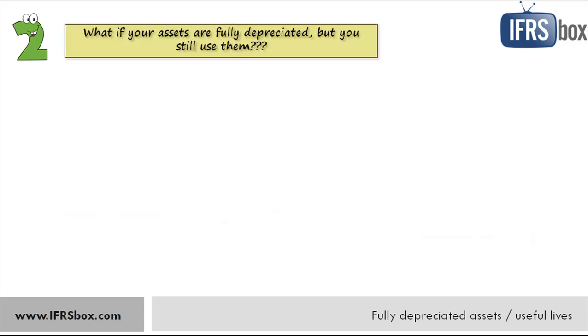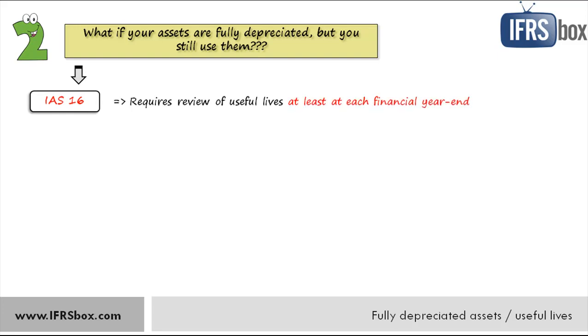Okay, but now I can hear you saying, well, but what if the carrying amount is 0? In other words, what if the assets are fully depreciated and we still use them? How can we change the accounting estimate if there is nothing left to depreciate? Well, in this case, let me remind you of IAS 16, the standard about property, plant, and equipment. This standard requires you to review useful lives of property, plant, and equipment at least at each financial year end. So that means you should have done that in the past. Well, but the truth is that many companies just forget it.